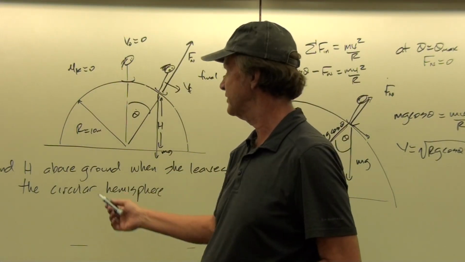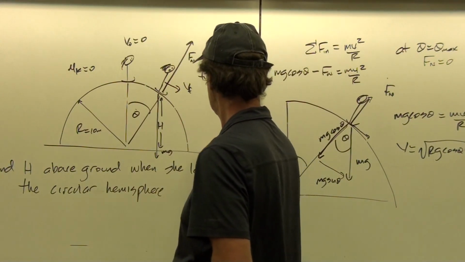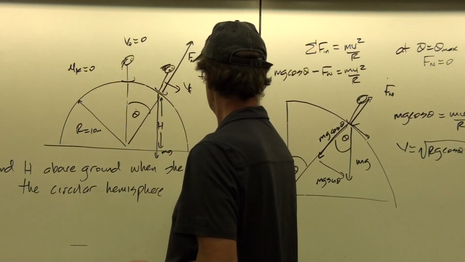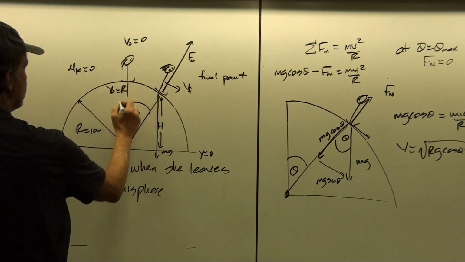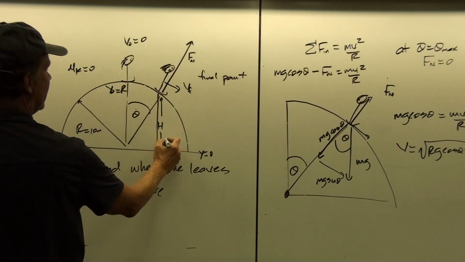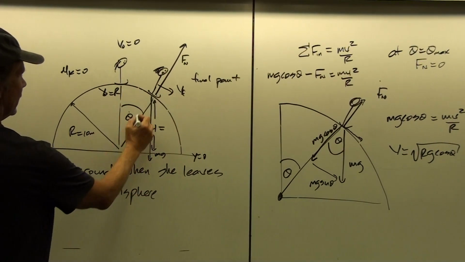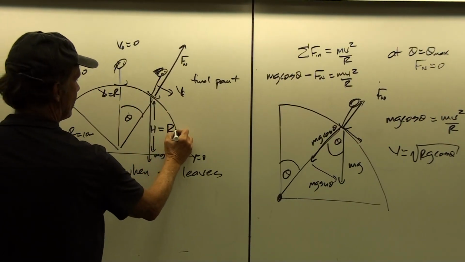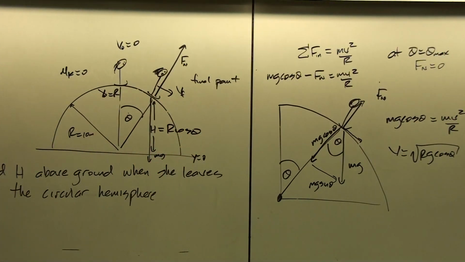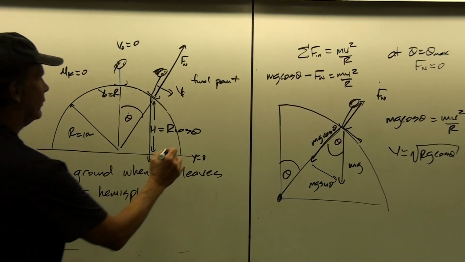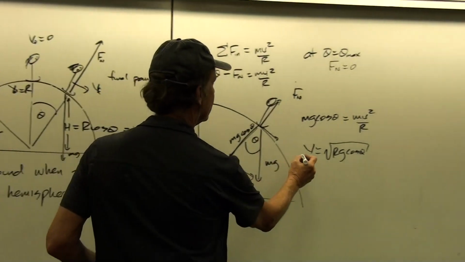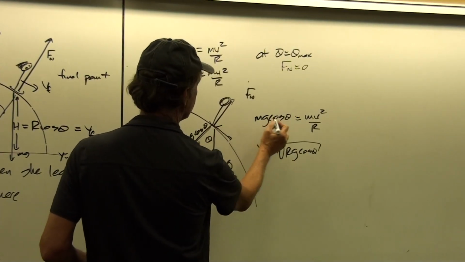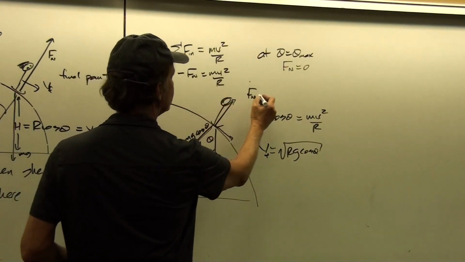So if I set this up in terms of the ground being y equals 0, then y initial here is r, because it's 1r above the ground, and then h is going to be r cosine theta. So I can write everything then in terms of r and cosine theta. And so this is my y final. Okay, so I've got my v final here. That's the final velocity at this final point at the critical value when F normal equals 0.